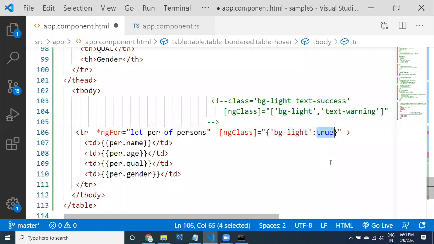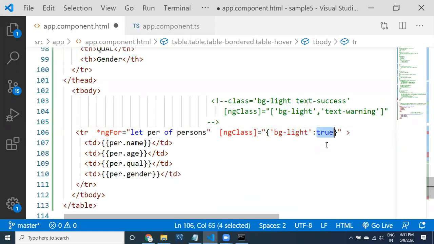Here I have just provided true. Normally you provide an expression, guys. Based on that expression, it decides whether this class is going to be applied to this particular TR. Of course, we are going to work on this.